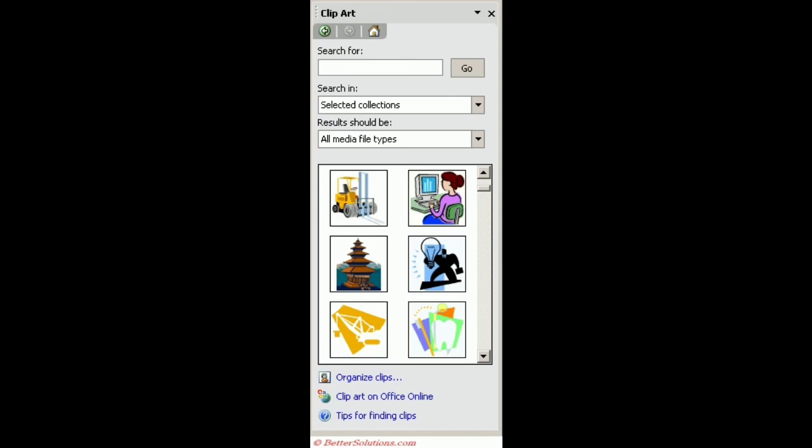A video icon will appear on the slide and you can click and drag it to any location on the slide. In order to play the video, you have to click on that icon. This is similar to the steps that we saw for the audio clip. So this is how you can add a media clip to a slide.